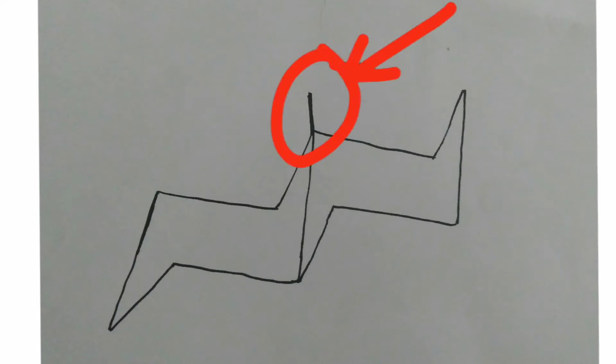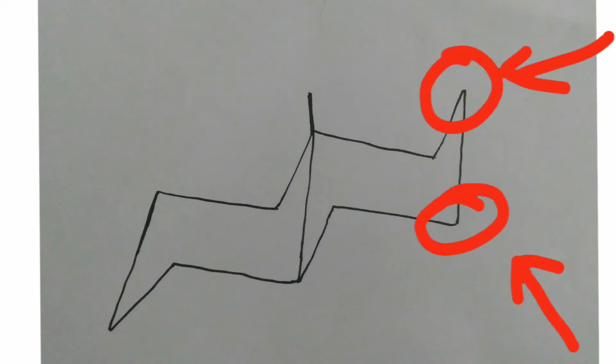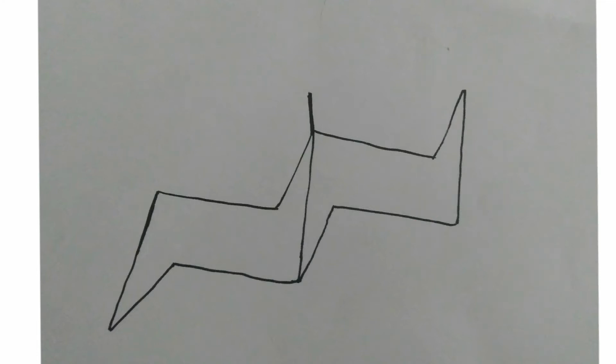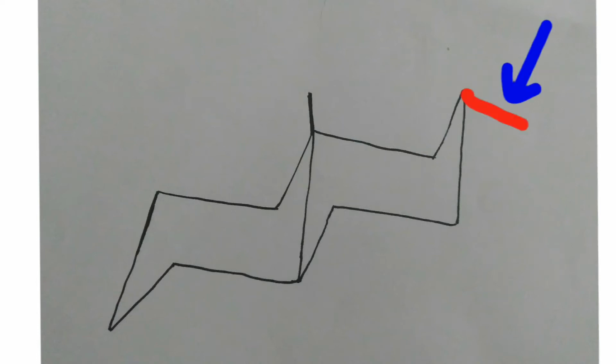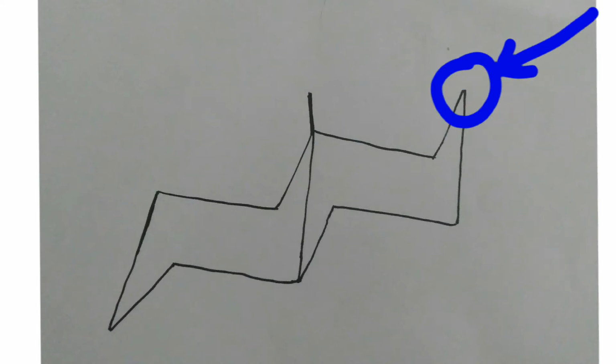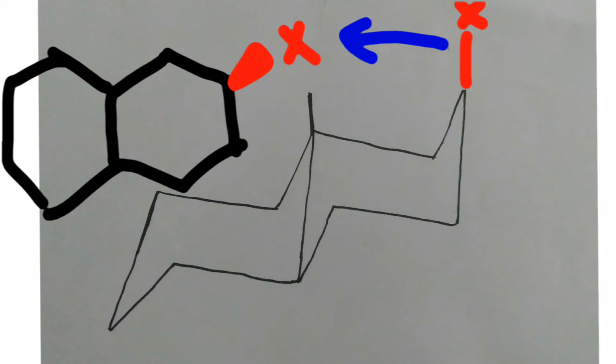We have a methyl group in the axial position over here. And I will talk only about these two positions in this video. This is the axial position for this point and this is the equatorial position for this point. Since the axial position is pointing upwards, any substituent present over here will be known as above the plane of the paper.